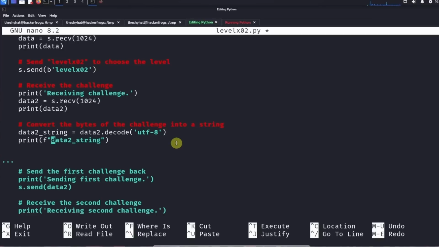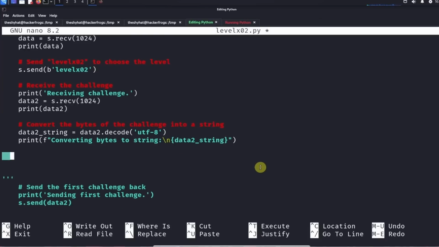So we're going to print this as an F string. And we're going to print out a little message. So converting bytes to string, and then we're going to give a little carriage return. And then we're going to print out the string like this. And the next step is going to be convert the string to all uppercase letters, and that's going to be data to